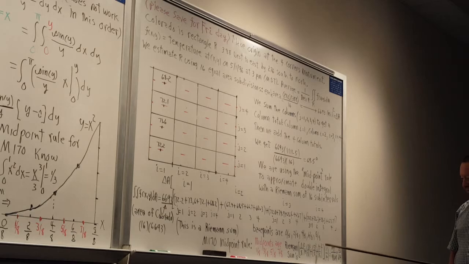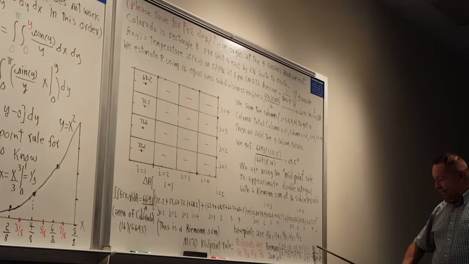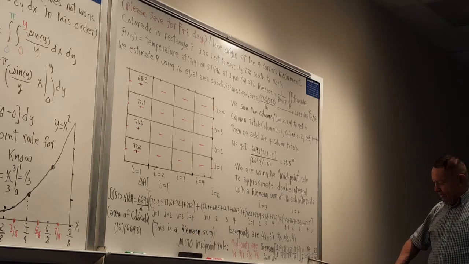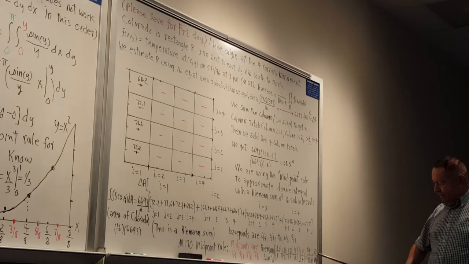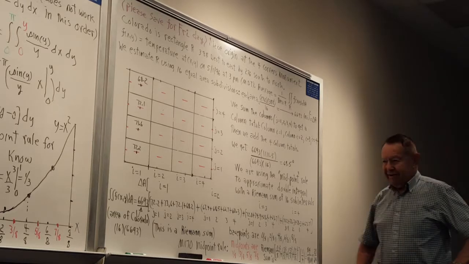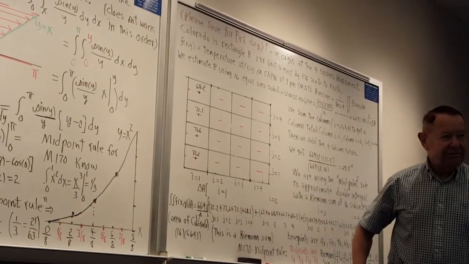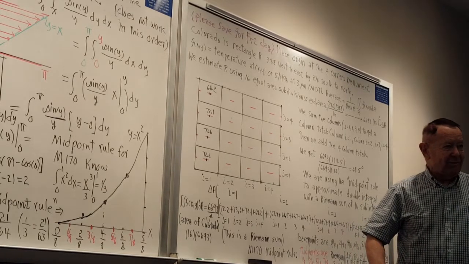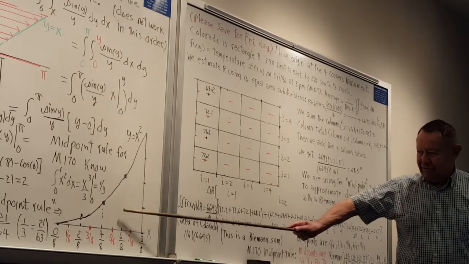And these height times width products are areas of rectangles. And if you work that out, you get 84/(4 times 64), and you cancel this 4, that's this 4 right here, into the 84, and you get 21/64 compared with your exact area, which is 21/63. So it isn't too bad, even for just 4 rectangles. So this is the midpoint rule